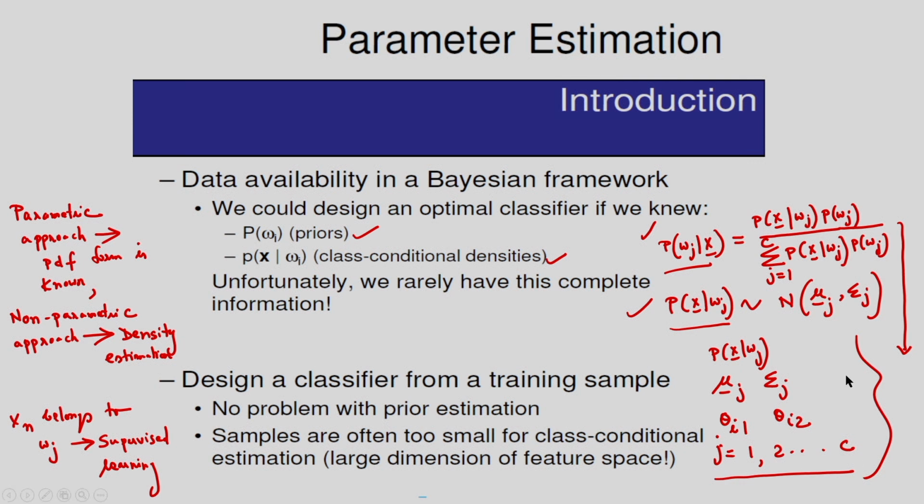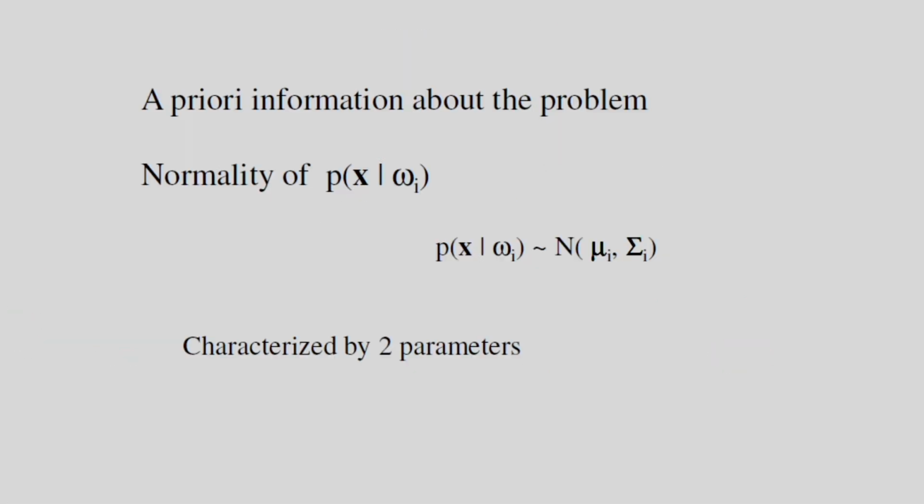Based on this, I have explained two approaches. One is the parametric approach, another one is the non-parametric approach. In this case, suppose the density form is known, that is the class conditional density, but I have to estimate the parameters. There are two parameters, one is the mean vector, another one is the covariance. Suppose this is theta1 and this is theta2. For this I can apply two popular techniques. One is the maximum likelihood estimation, another one is the Bayesian estimation.